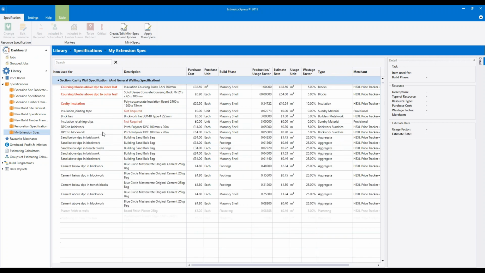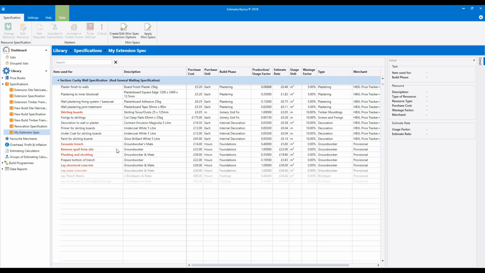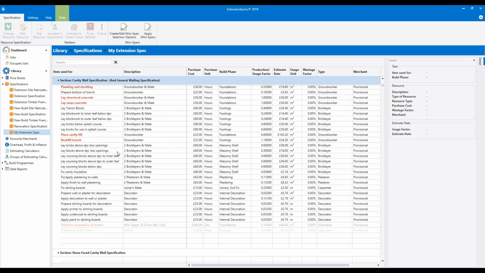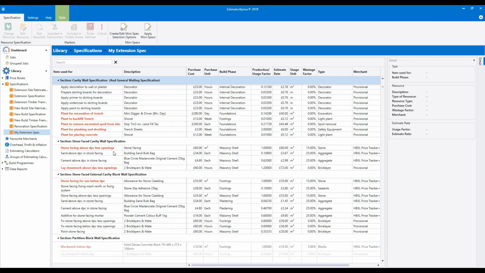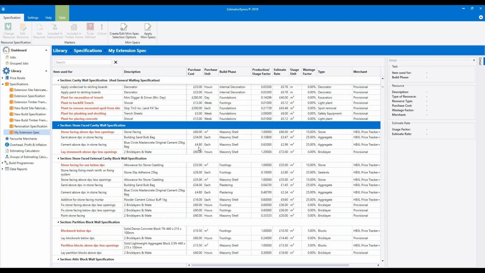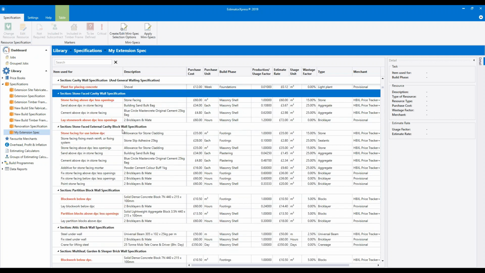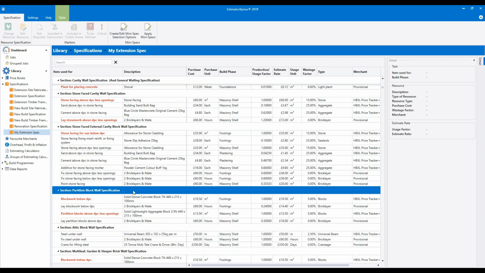If we scroll down a little way, so you can place your cursor over the specification and use your scroll wheel on your mouse, you'll see we have other sections of the spec. So there's a short bit relating to the stone face cavity walls. A little further down we've got partition block wall specification.